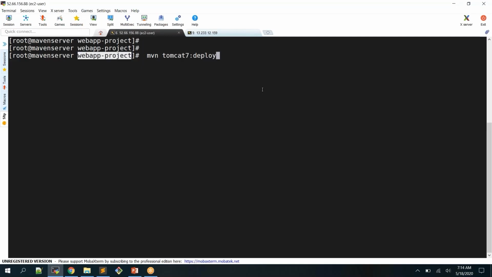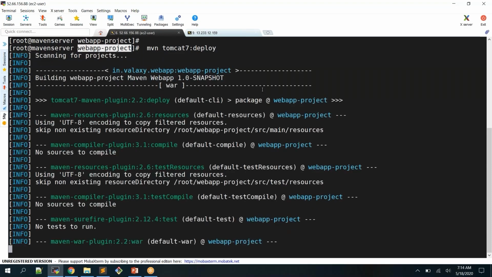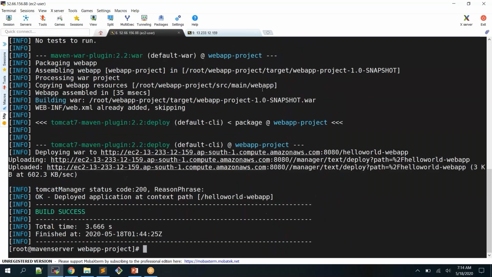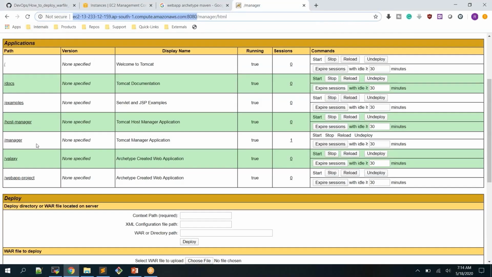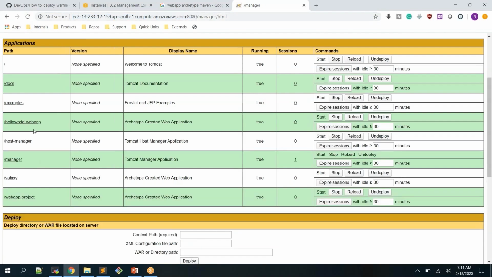So now it is going to deploy our application in the target system, with the name Hello World Web App. Okay, with this name there is no project yet created. Now if I go to our web application, so far we don't have Hello World Web App. If I refresh it, you can see a new application has been created, that is Hello World Web